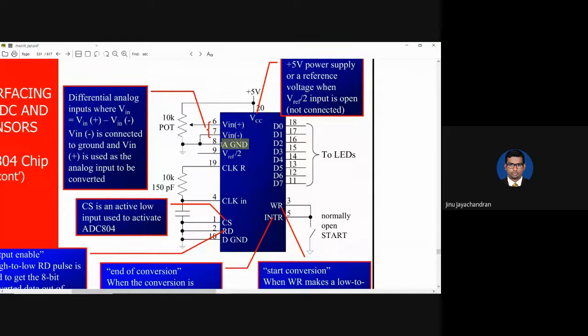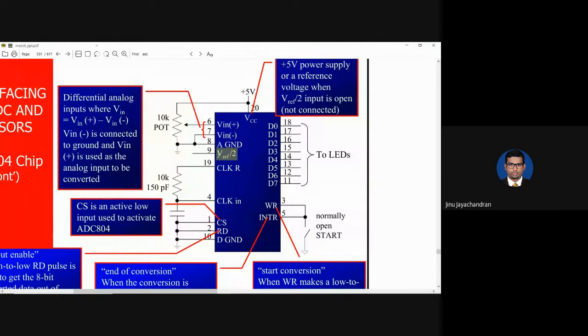There's an analog ground. This is Vref by 2. I have told you that the maximum voltage you can configure here is Vref. This is Vref by 2. So if you give 3 volt, the maximum voltage the ADC will identify as 6 volt. There are some clocks. There's a chip select. There is a read signal, and there is a digital ground. Okay. So digital ground and analog ground will be connected to the normal ground. Okay. There are two different grounds so that there will be a proper isolation between analog and digital. There's a chip select. So chip select is active low. So if you want the system to work, you need to connect chip select to the ground.